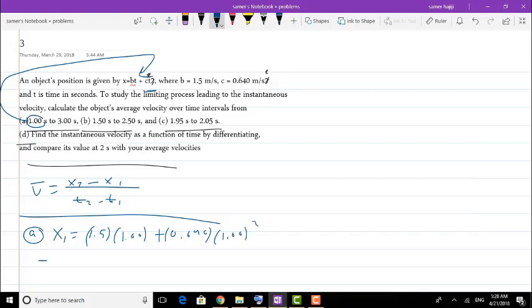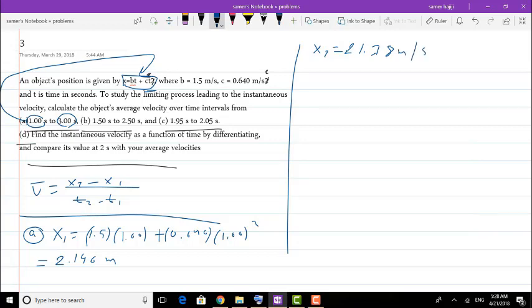Calculating this, we get x1 is 2.140 meters. And the same for x2. If we substitute t equals 3 in this equation, we get x2 equal to